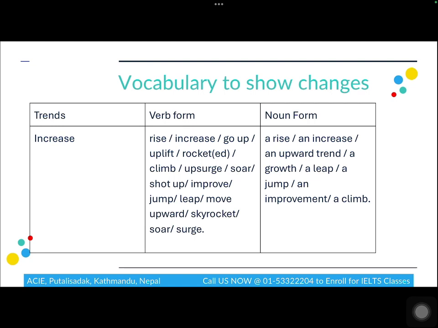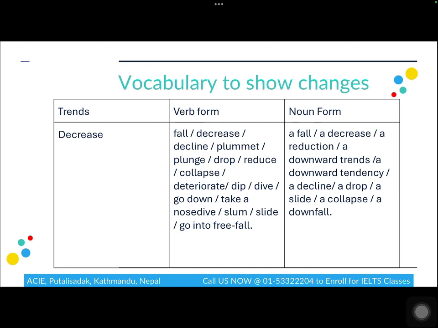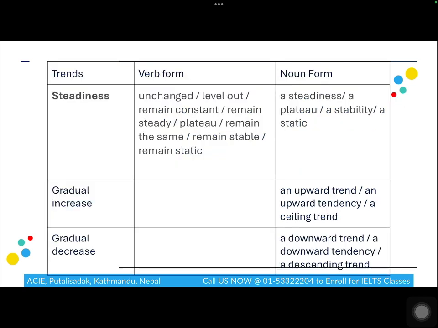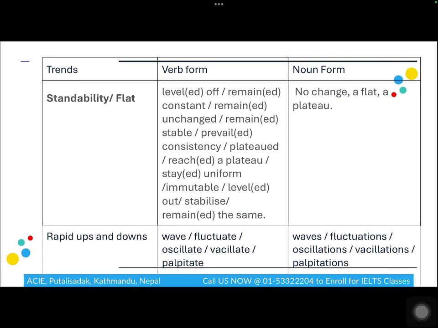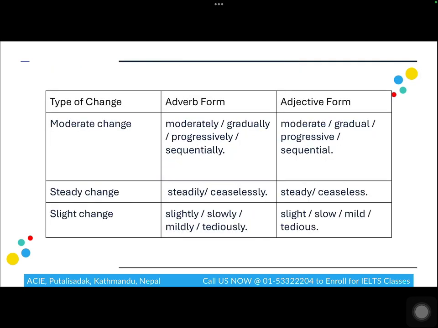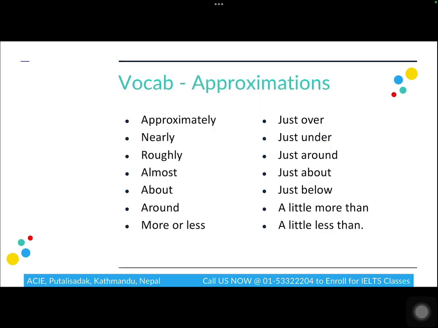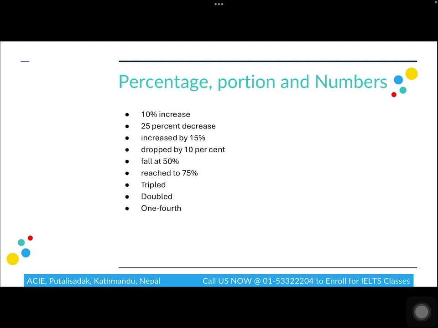We do tend to use a lot of words that show trends. So for example, increase. Depending on what kind of structure you are using, you can choose to use various kinds of synonyms for these words. If you are using a noun form structure, you can use a rise, an increase, an upward trend, and so on. So we have a lot of slides and a lot of such synonyms, so you can obviously pause and look at these synonyms that I have mentioned here for different kinds of trends and changes that you see in a statistical diagram or figure, right? And here are some more vocabulary for approximations, and some more vocabulary for showing increase or decrease